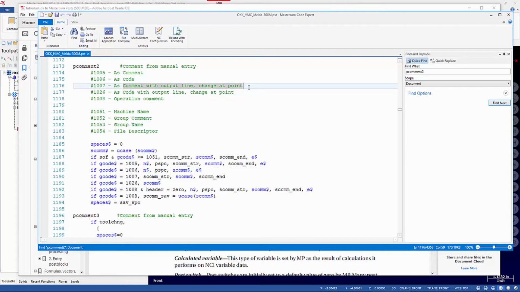1007 is comment with output line change at point. 1026 is as code with output line change at point. So these are from the change at point command. Type 1008 is the operation comment. And what we're going to be doing is modifying this section of code. If G code equals 1008, and we're going to modify that in order to delay the output of the operation comment. Because what ends up happening is everybody wants to use their manual entry at the start of the file